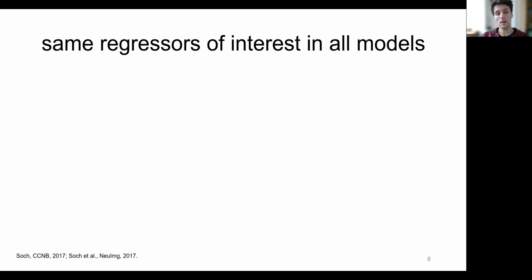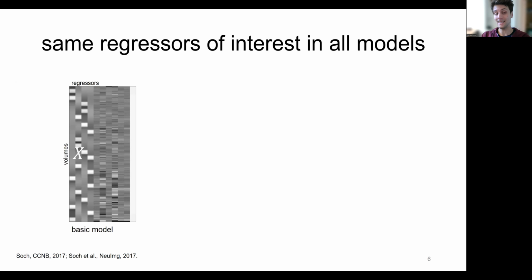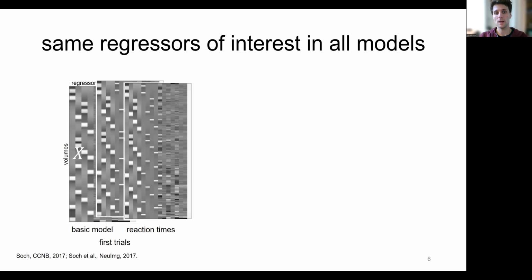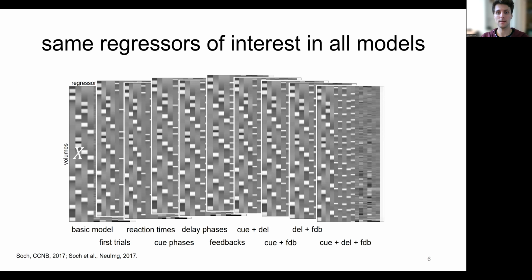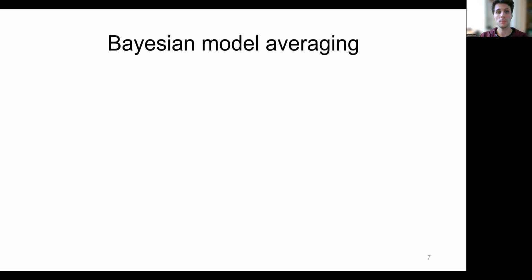Now, if the regressors of interest are differing between the models, as is the case in non-nested model comparisons, then cvBMS is the method of choice. If, however, we have the same regressors of interest in all the models, and the models are only differing by which additional regressors are contained in the design matrix, then there is a more powerful approach based on Bayesian model